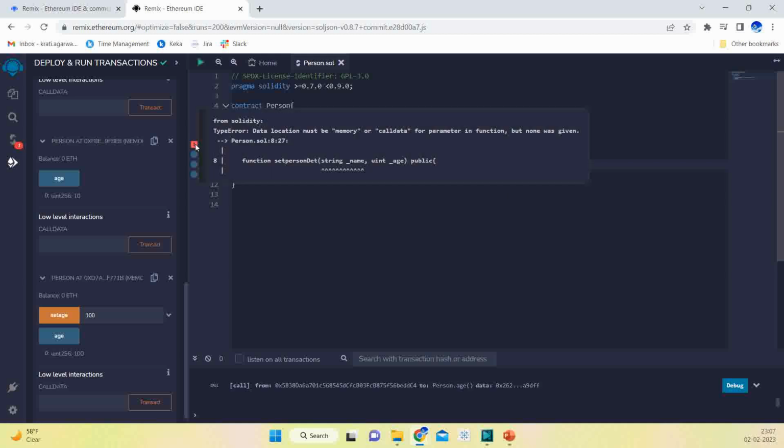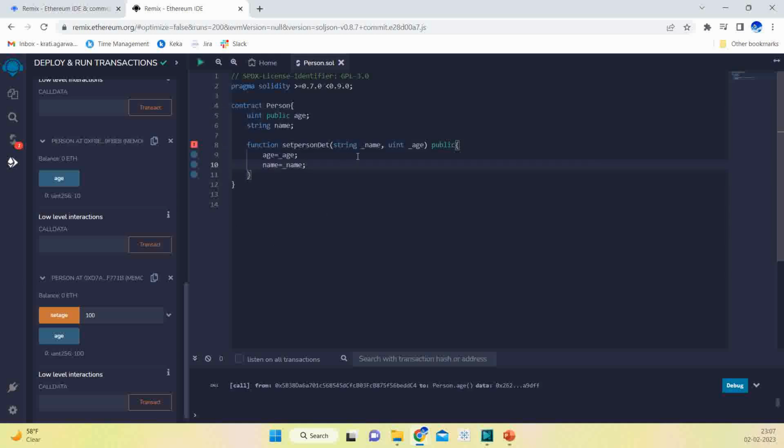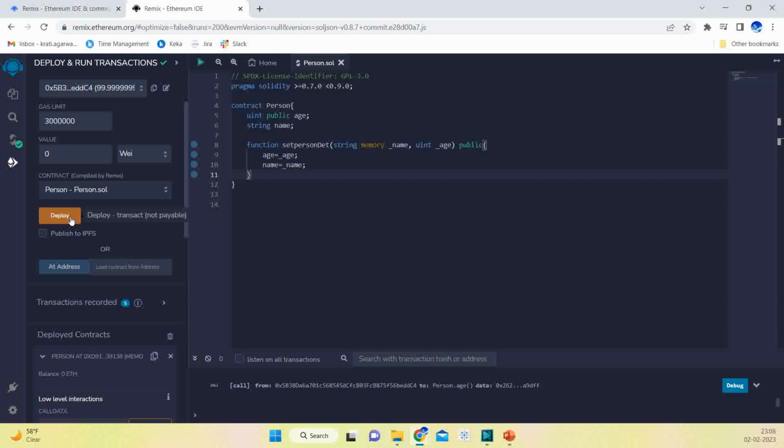Now what is this error? Okay, so now we'll introduce you to the concept of local variables. If you write memory here, in Solidity, strings and arrays use the concept of local variables. We cannot set uints as local variables. We'll learn along the way what memory specifies over here. Now if we go and deploy this particular contract,